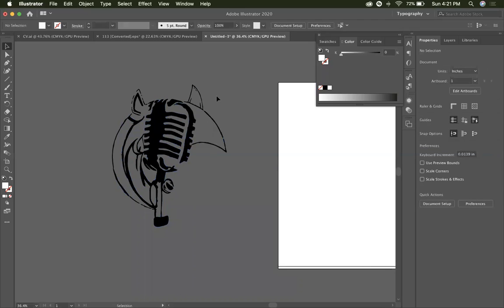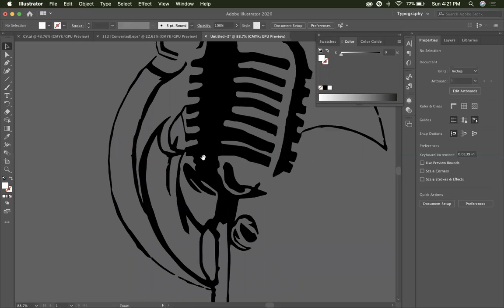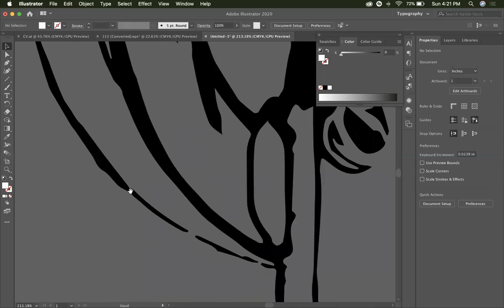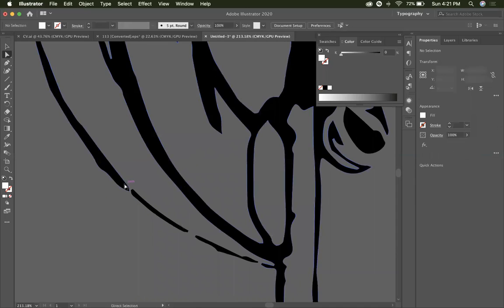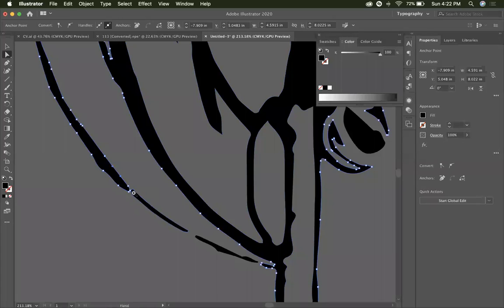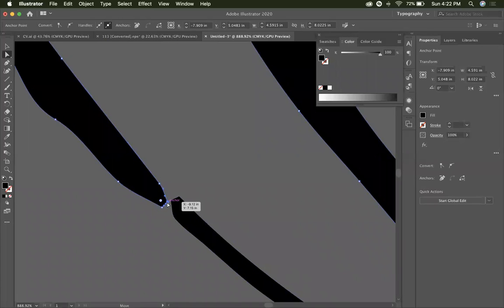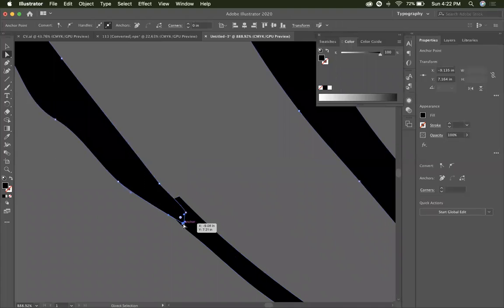For example, these parts are disconnected. So I select the direct selection tool, then I double click the anchor, and then I extend it to here. I can also use the pen tool, but